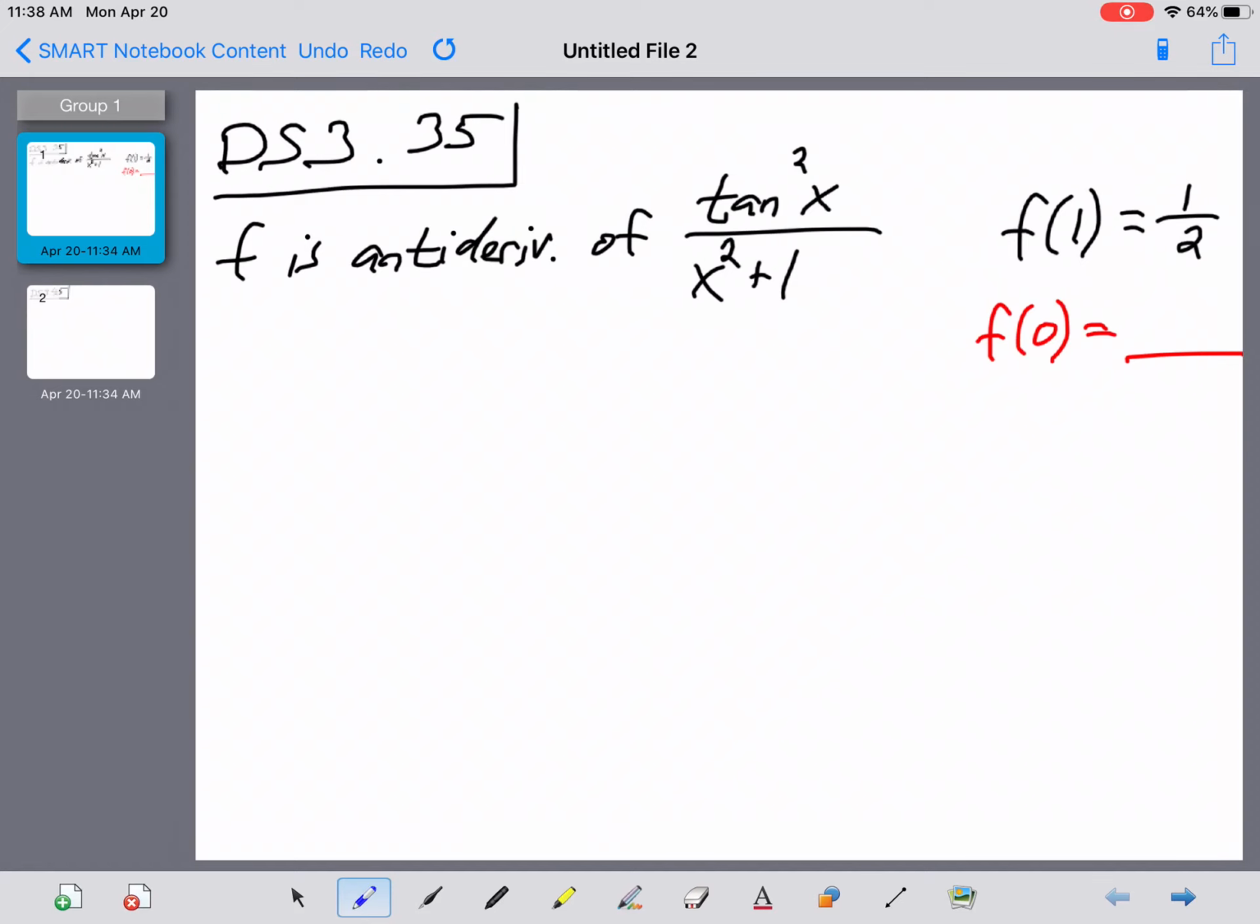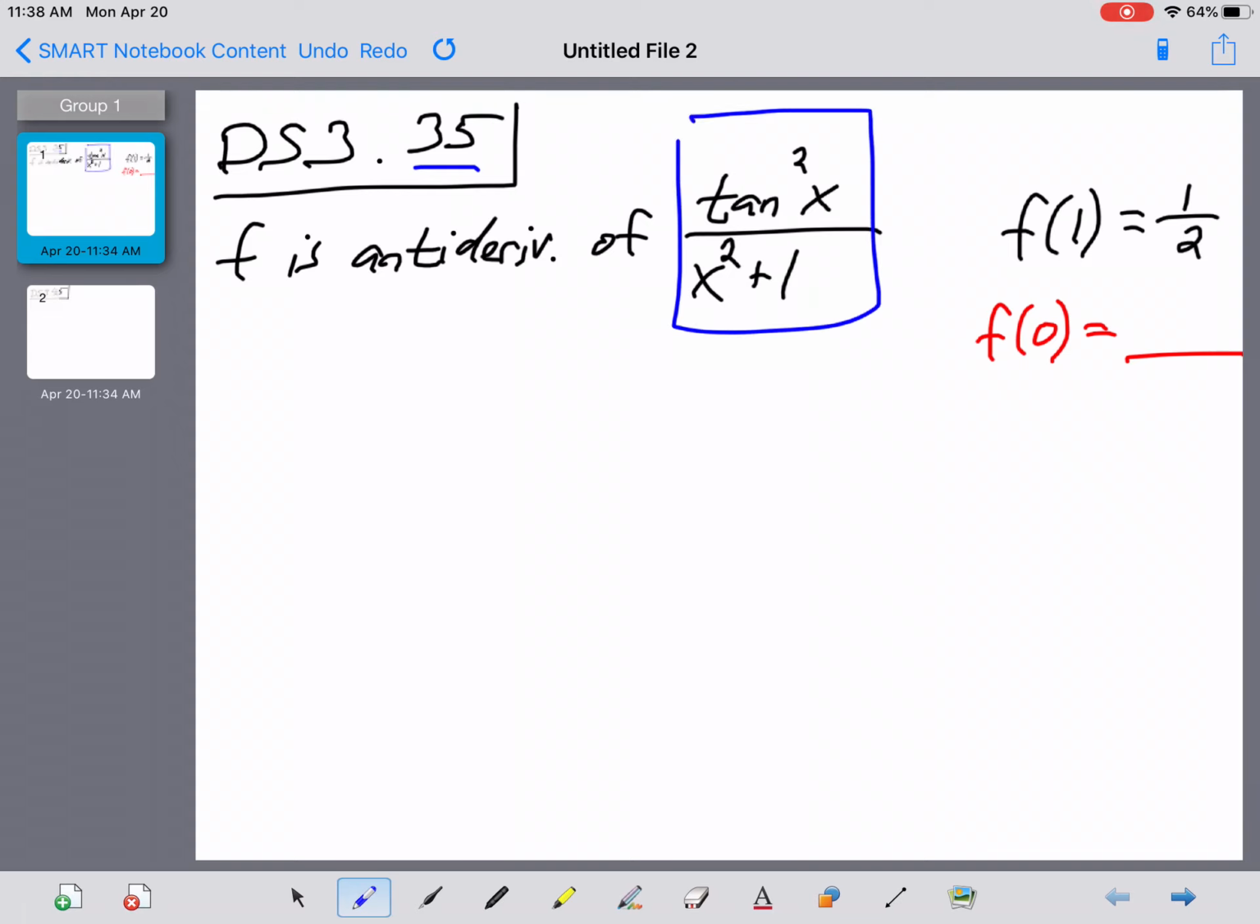All right, DNS Exam 3, problem number 35. Remember, being number 35, this is a calculator question, which I think is going to be important right here. So in this problem, I kind of chicken scratched the directions right here. It says that f is an antiderivative of this expression right over here, tangent squared of x over x squared